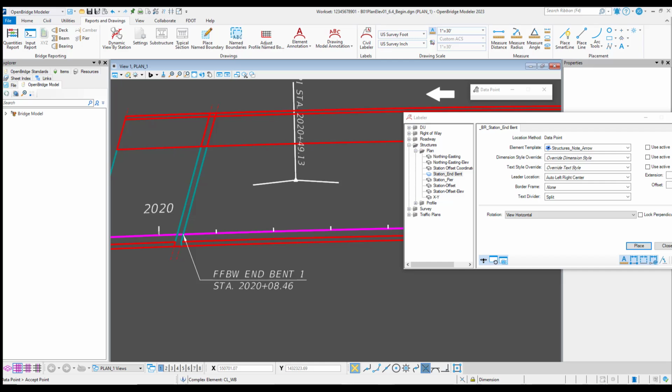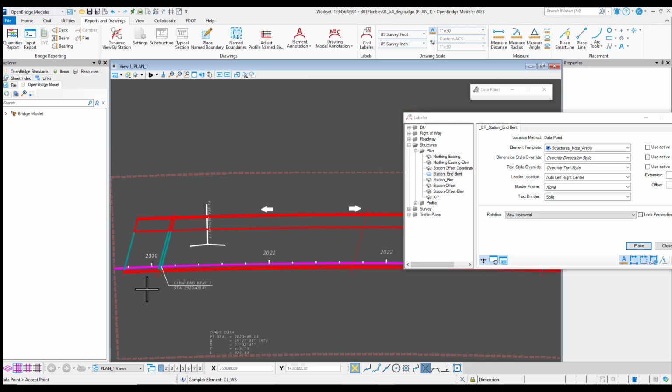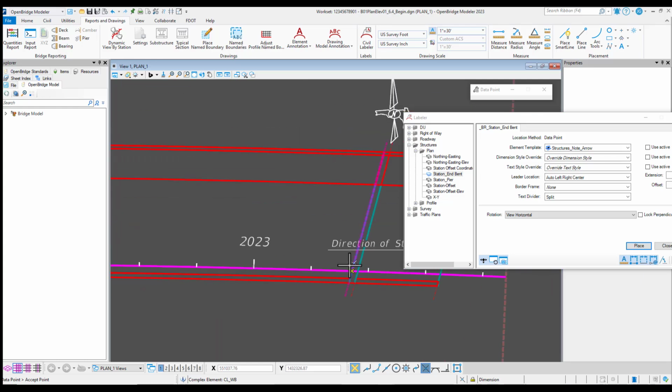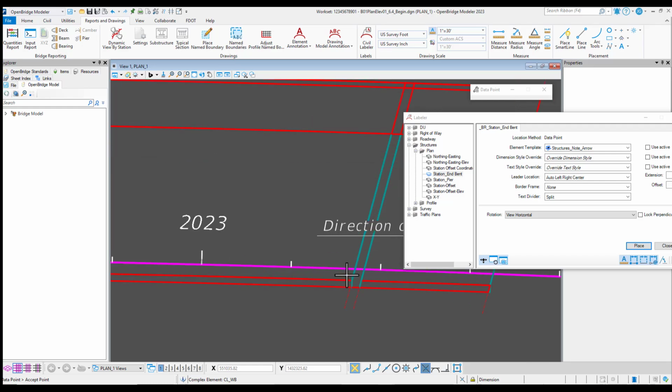Next, we're going to go through the same process except with the NBent 3, so the NBent at the end of the bridge. So we'll zoom out, scroll over to our NBent 3, and since we've already selected the NBent station callout, there should be no need to reselect it, and we can just go ahead and click that intersection there, where front face of back wall for NBent 3 is,